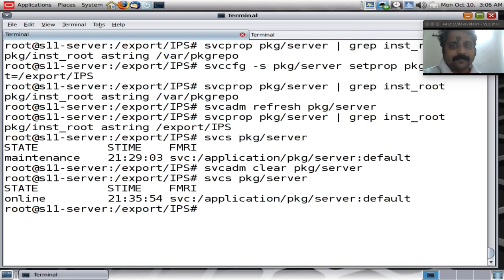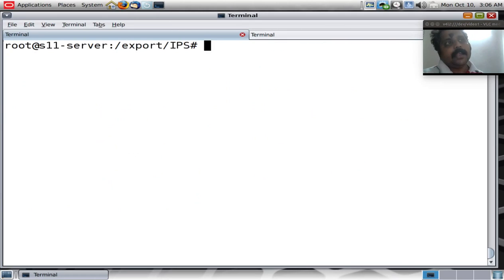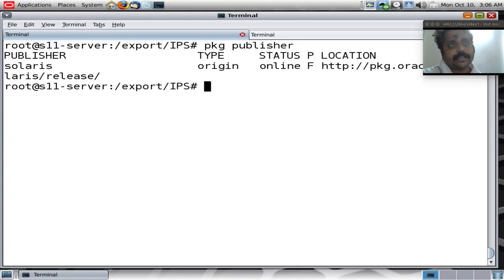So we now have the image packaging system, or the depot server, or a local repository set up on our S11-server. Now what is important is to have this machine contact the local IPS repository instead of going into the default repository on the Oracle website. So let's use an old command which we might be familiar with from an earlier episode, pkg publisher. So as you can see, the pkg publisher is pointing towards the pkg.oracle.com/solaris/release. I would like to point that to the local repository that we have configured, and for that the command